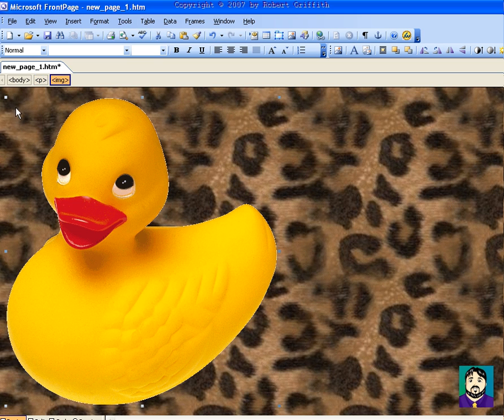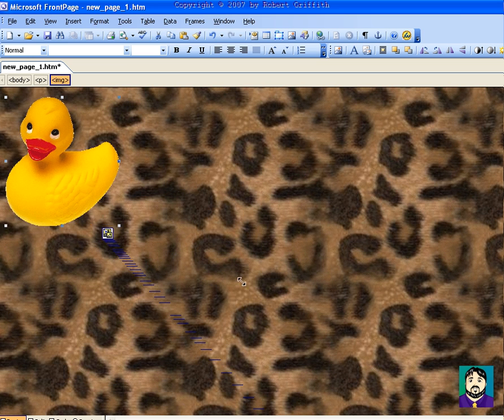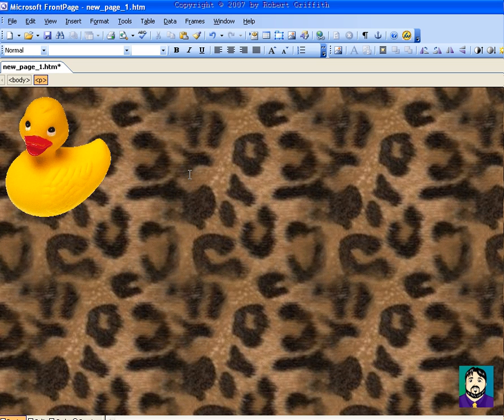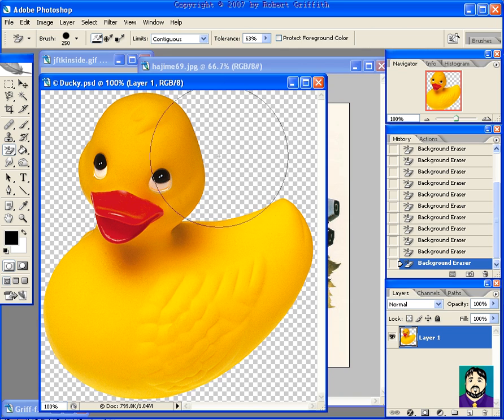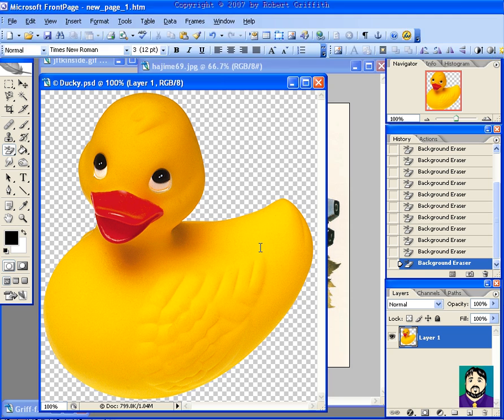I can resize my ducky. But you'll still see there's some little bits of, I guess, jagged edges. Now there are some things you can do about that. One is to do a stroke around it. There are other things that you can try, but overall, that's how you get a background erased in a transparent